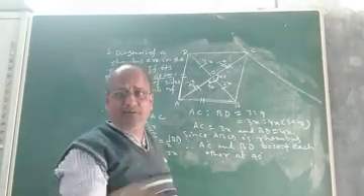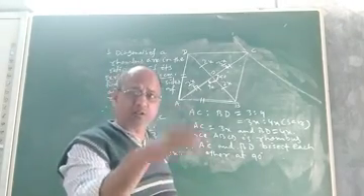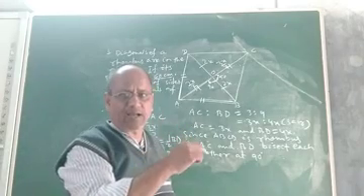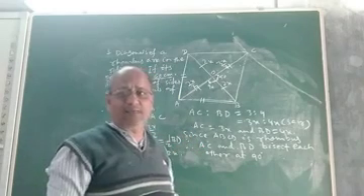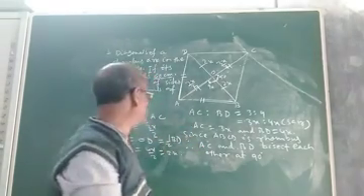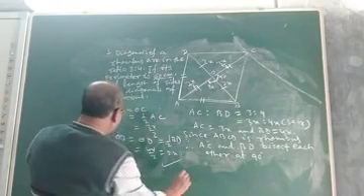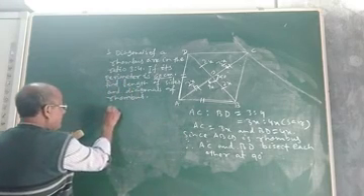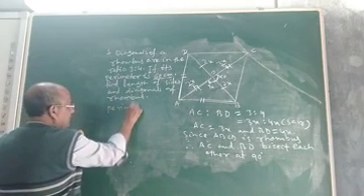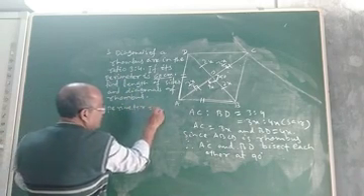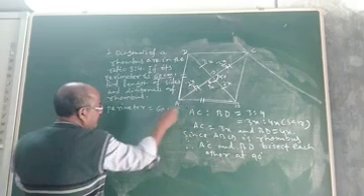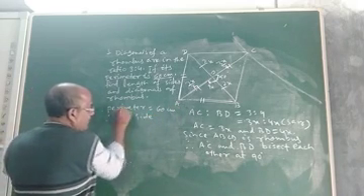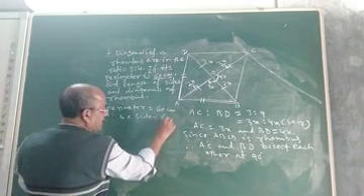And you know in a rhombus, as I told you, all the sides are equal. Four sides are equal. So its perimeter will be 4 into side. So if perimeter is 60 centimeter, then 4 into side is 60 centimeter. Now we are given perimeter, perimeter of rhombus is 60 centimeter. Therefore, 4 into side, this is the formula to find perimeter. 4 into side is 60.